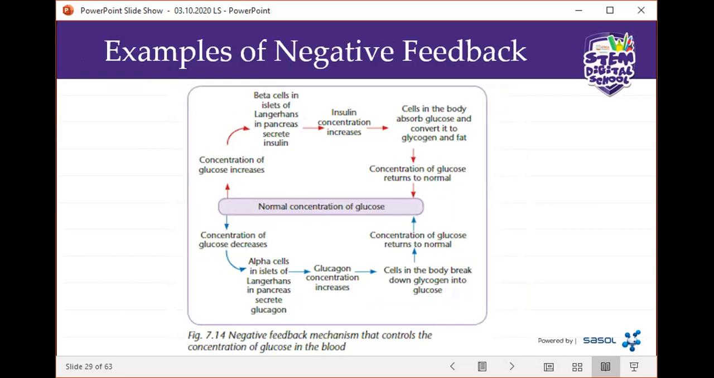Remember this from last year. It was part of the topic on the digestive system. When the concentration of glucose increases in the blood, the beta cells of the islets of Langerhans in the pancreas secrete insulin. What does insulin do? As it increases in concentration, it absorbs glucose and converts it to glycogen as well as fat. Remember we said that the target organs for insulin are the liver, the adipose tissue, and